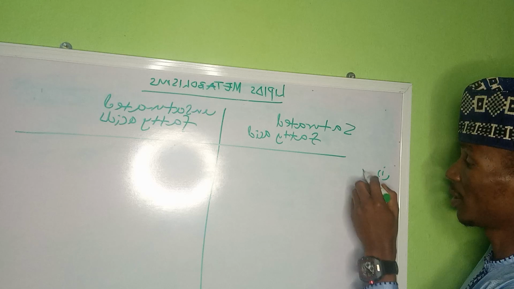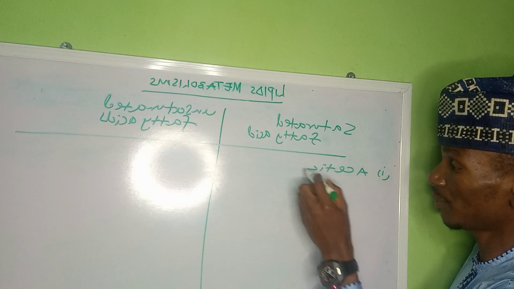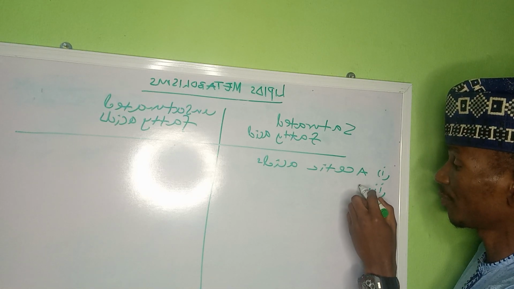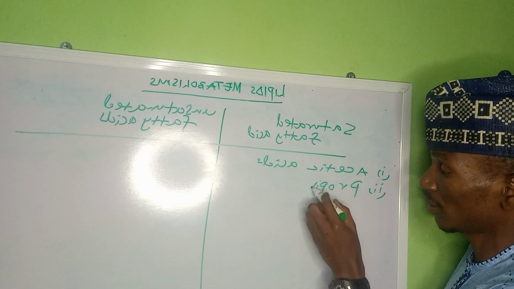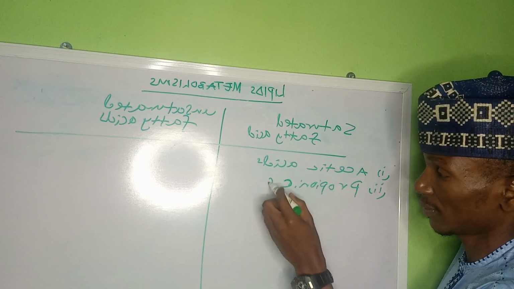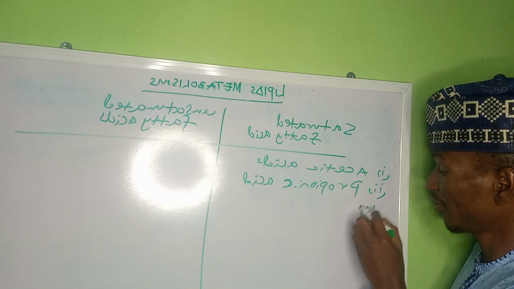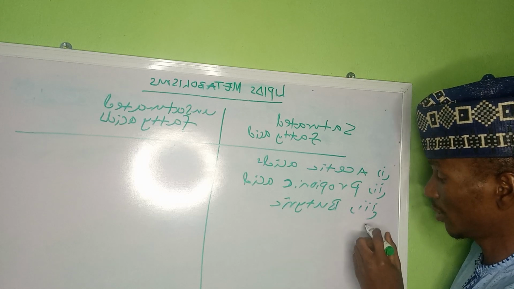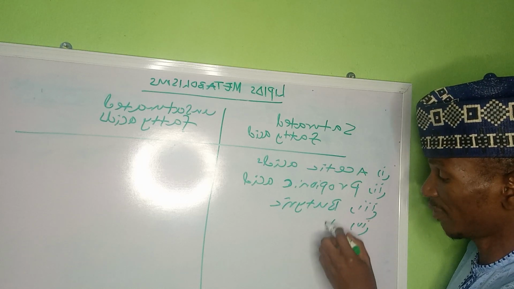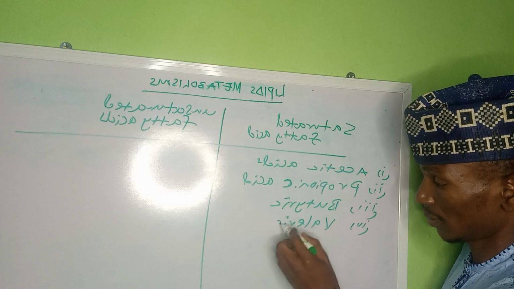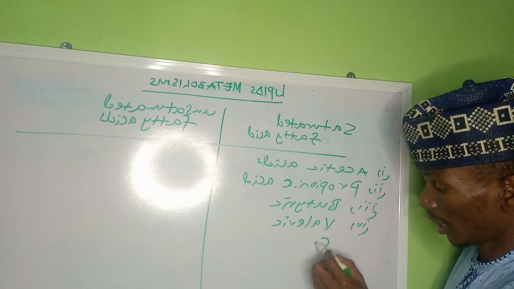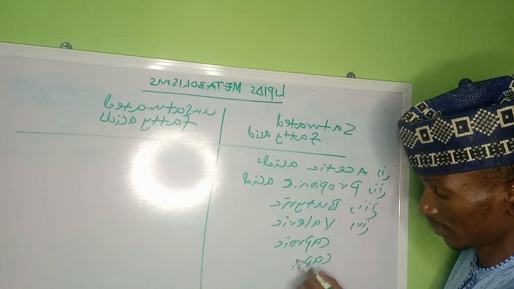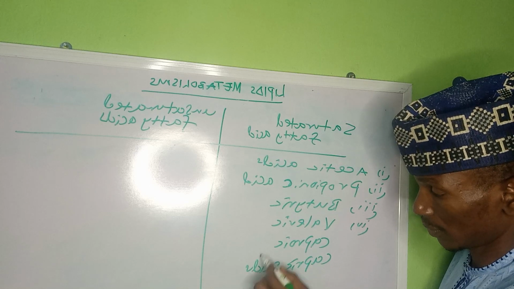We have acetic acid, which is a common example of saturated fatty acid. We have propionic acid, we have butyric, we have valeric, we have caproic, we have capric acid,